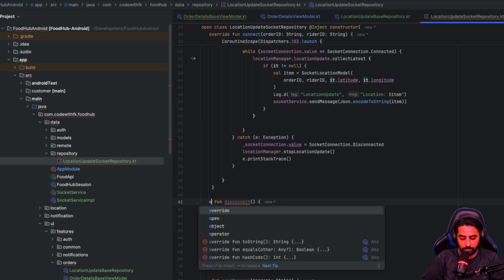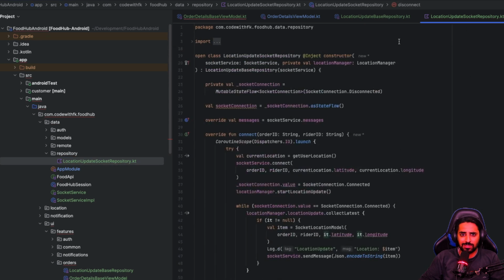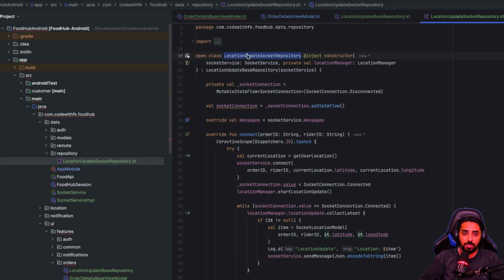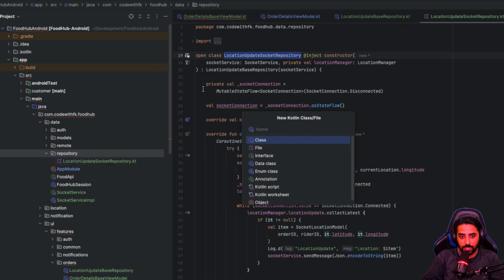This function will also be override, so that we can use it. And now basically we can slightly change these values, so that rather than using the normal repository, this will become a rider repository, and then we can create one more repository class and call it customer location update socket